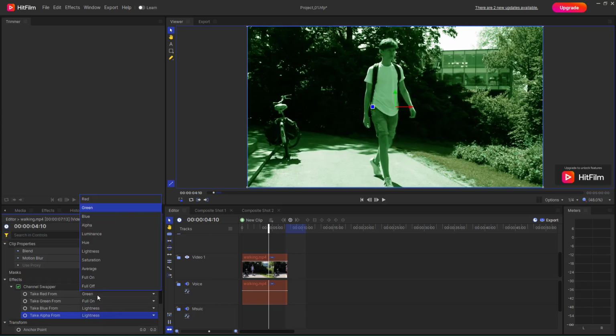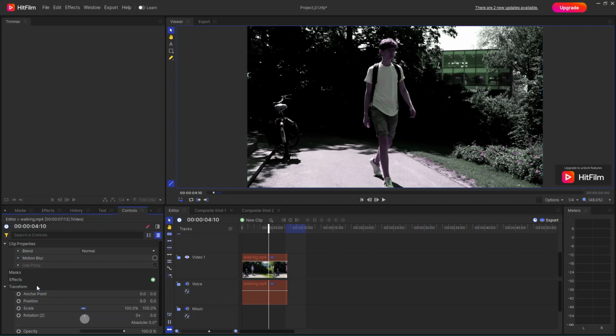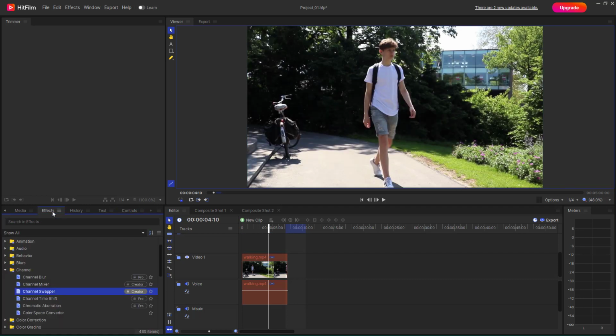And this is how you can swap the color as you like right here, red from red, and let's just go green from green right here. And let's say for this one I'm going to say red, and what happens is that it simply swaps out the channel color, just like this. So let me just delete this, and apart from that we got the channel time shift as well. So if I were to drag this out right here,